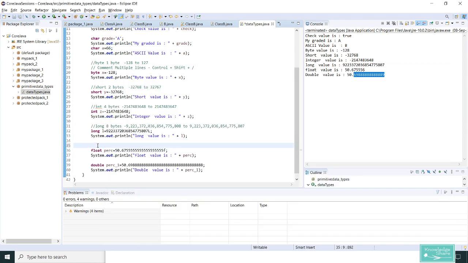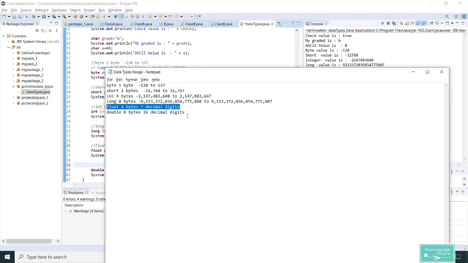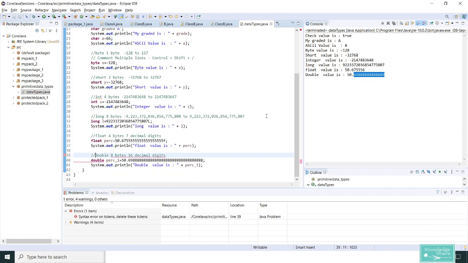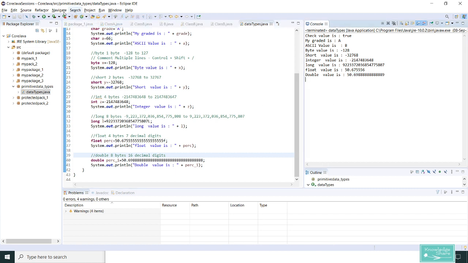It's always better to choose the correct data type, because in the long term you should save your memory. Saving memory is the main purpose of these data types. You should not waste your memory. If it's occupying 5 bytes, then you have to declare only 5 bytes, which is applicable as per the data type. So that way you have to choose your data types and then proceed for the programming.